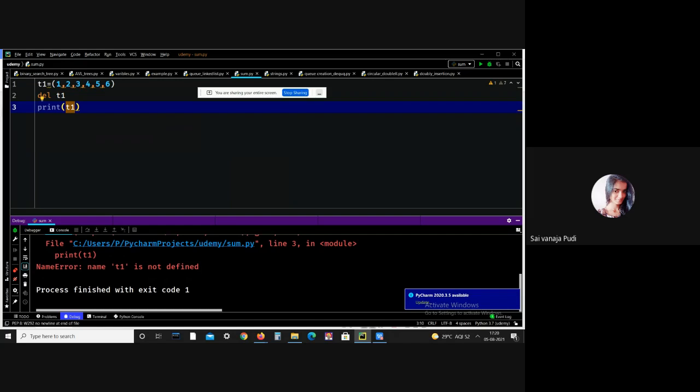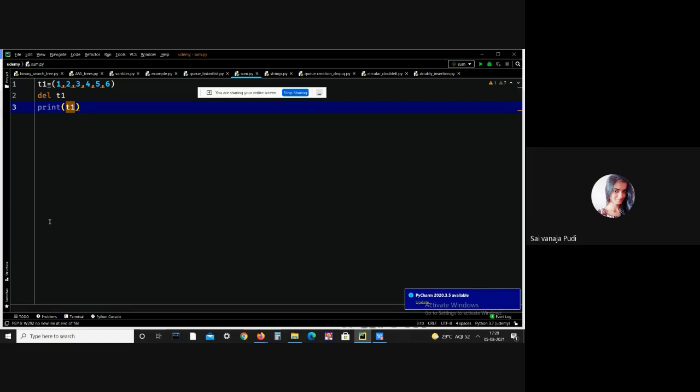See, we got the output that is name T1 is not defined, means the tuple is completely deleted, right? So it is showing the error that T1 is not defined. So this is all about the deletion method in tuples. We can't perform any deletion or any insertion methods on tuples because tuples are immutable.